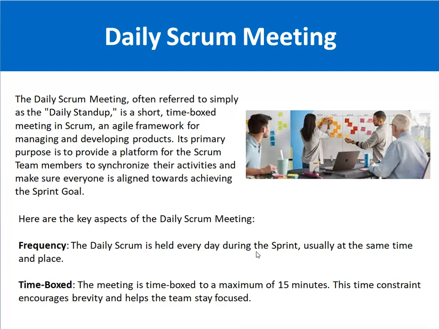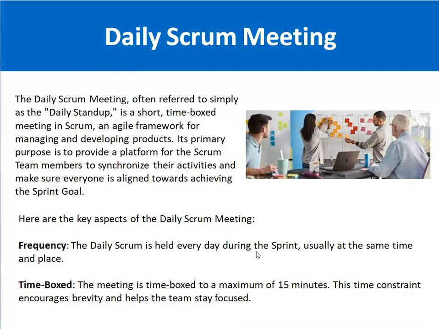In simple words, friends, in this meeting the core team, like the development team, the Scrum Master and the product owner as well, meet on a daily basis and discuss how things are going, what they are doing today, and what they did yesterday. So the main purpose of the daily Scrum meeting is to align everyone with each other, so that everyone is on the same page and has a clear understanding of the work which is going on.